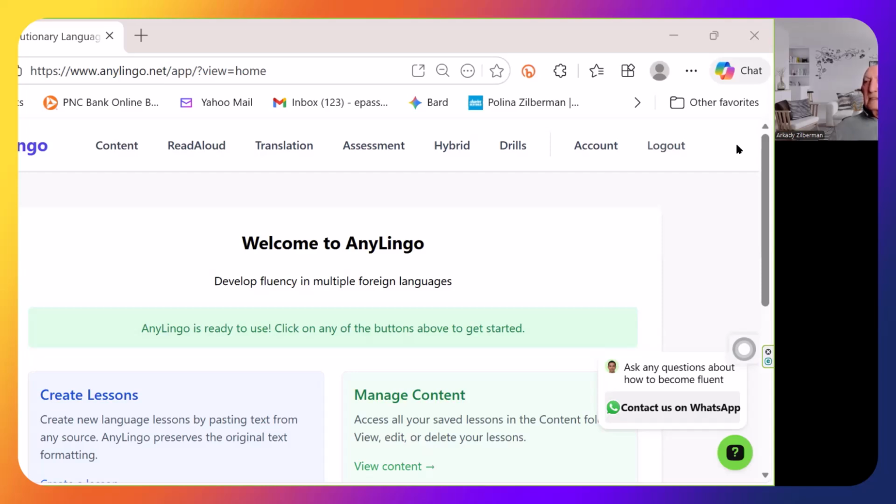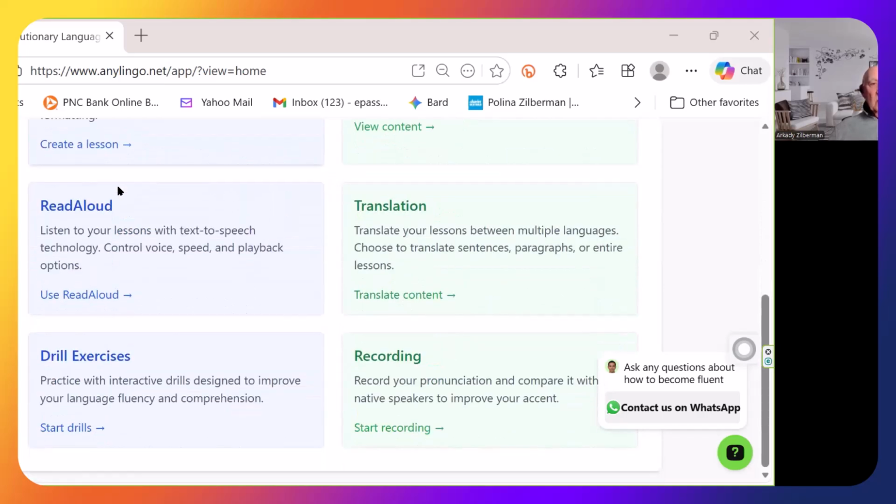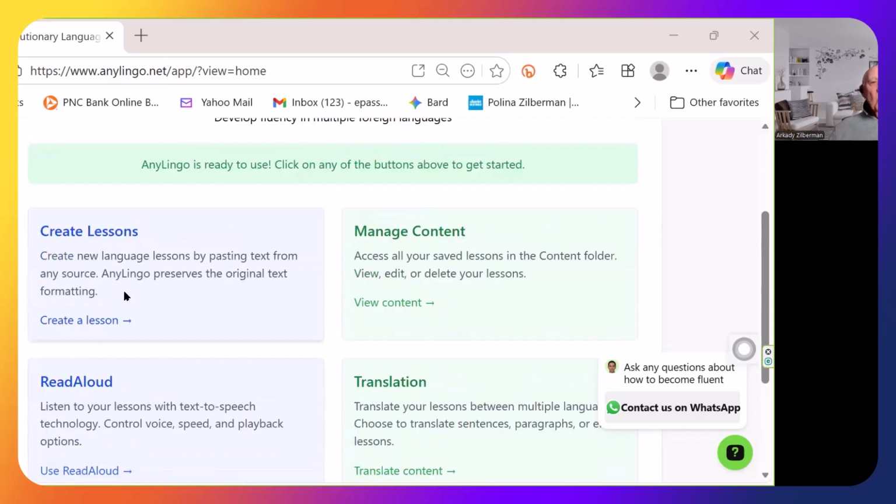AnyLingo is a new approach to learning languages, and it is the first and only application in the language industry which uses implicit subconscious training. What it does and how it works, I will explain to you by simply demonstrating any link. When you open it for the first time, you see here the explanations, and you can read more about